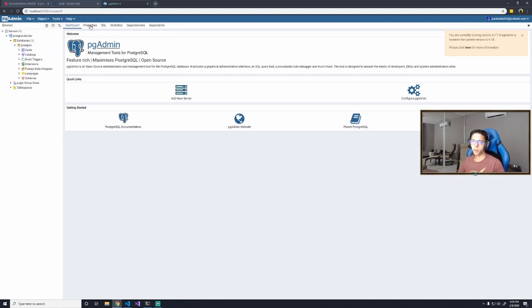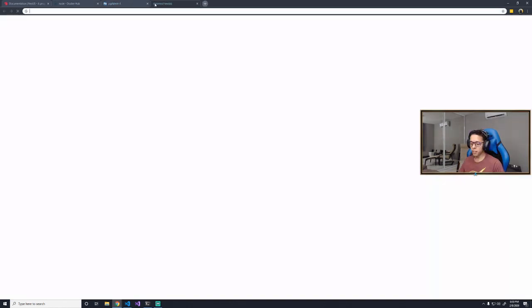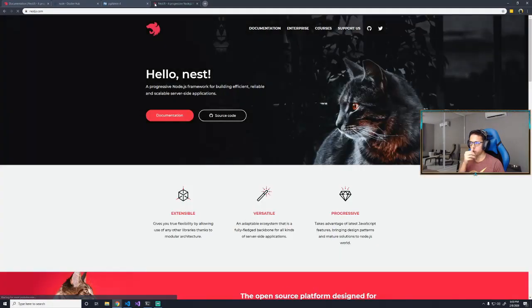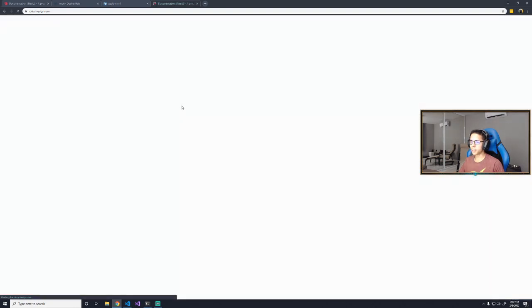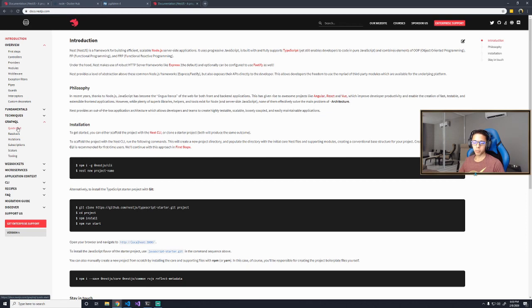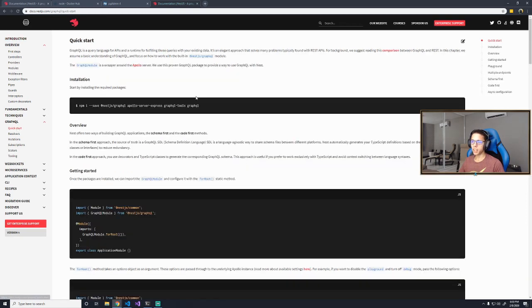All right, so now what I want to do is look at how you set up GraphQL for Docker, for NestJS. So we're going to go to the documentation and quick start. Let's see. GraphQL is a query language for APIs and a runtime for fulfilling those queries with your